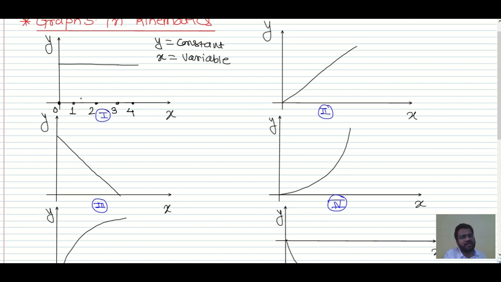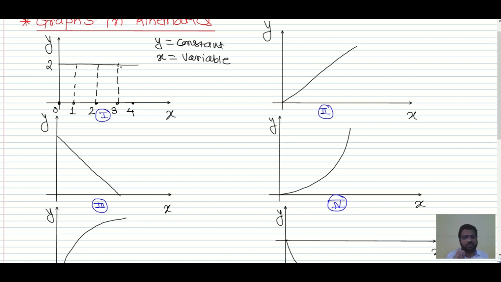So this is the first graph which we have. As you can see, at x is equal to 0, suppose I consider the y coordinate as 2, and if I ask what is the y coordinate at x is equal to 1, you have to say 2. Why? Because the y coordinate is constant. At x is equal to 2, if I ask what is the y coordinate, you have to say 2. At x is equal to 3, if I ask, you have to say 2. Why? Because the y coordinate is constant over here. So I hope this first graph is clear to you.